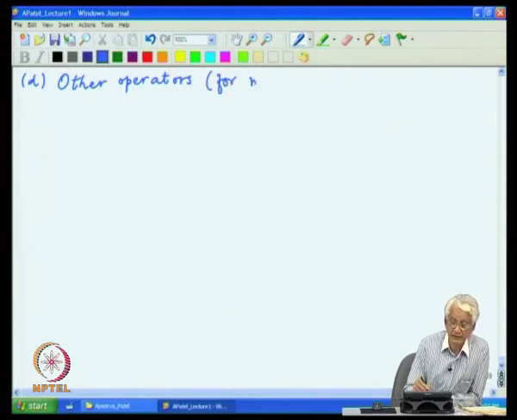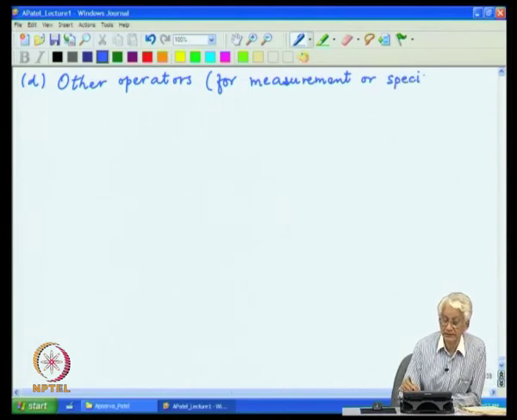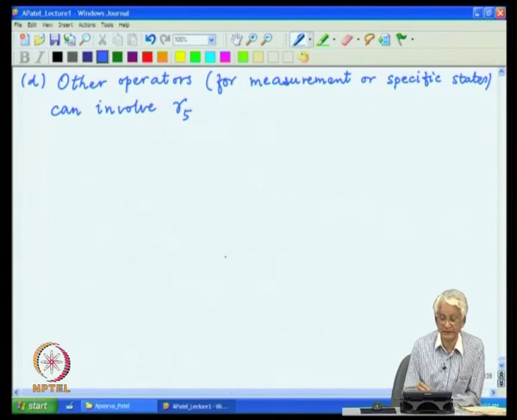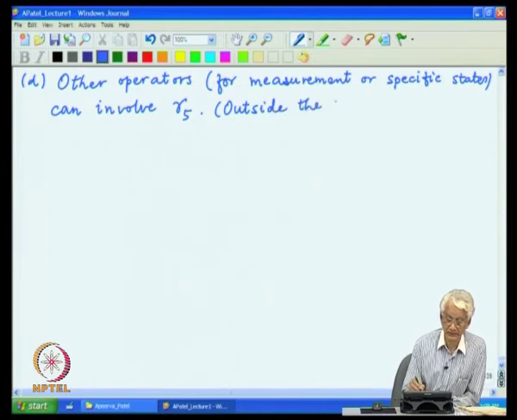other operators for measurement or specific states can involve the matrix gamma phi explicitly, and that gamma phi is not included in the previous identities which involve only the gamma mu. This is outside the set of